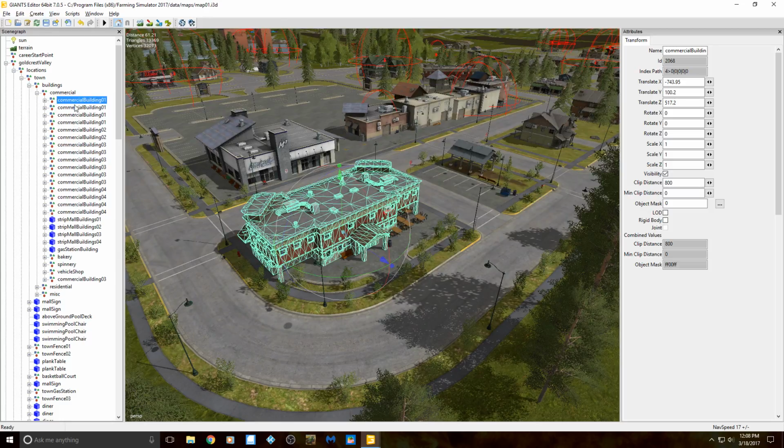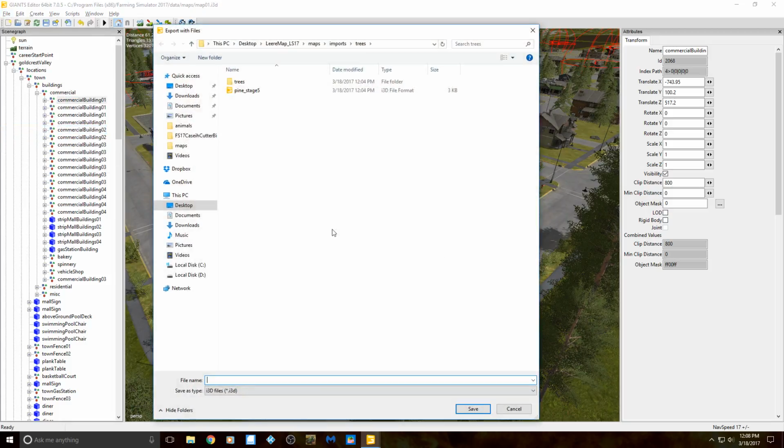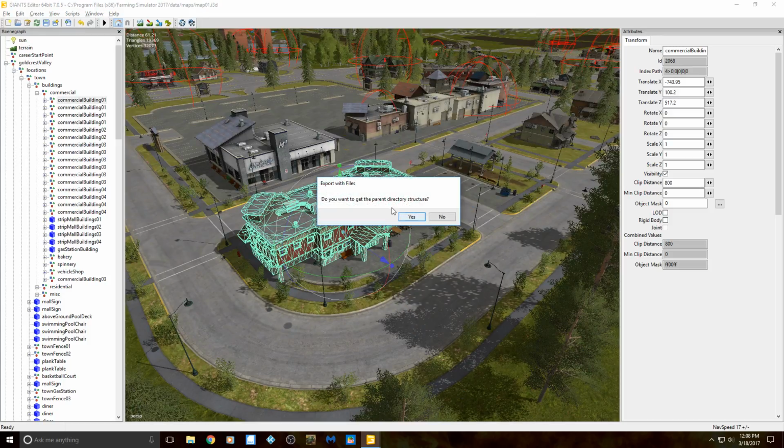Okay, so now that you have that, same process, file, export selections with files, and then it's going to show up in the trees. No, we don't want it. We want it in buildings, remember? Okay, so let's put commercial, and then we need the capital B, buildings 01, and press save. And it's going to ask you again if you want the directory structure. Yes, you do. And it should say exporting, but mine did it super quick, so